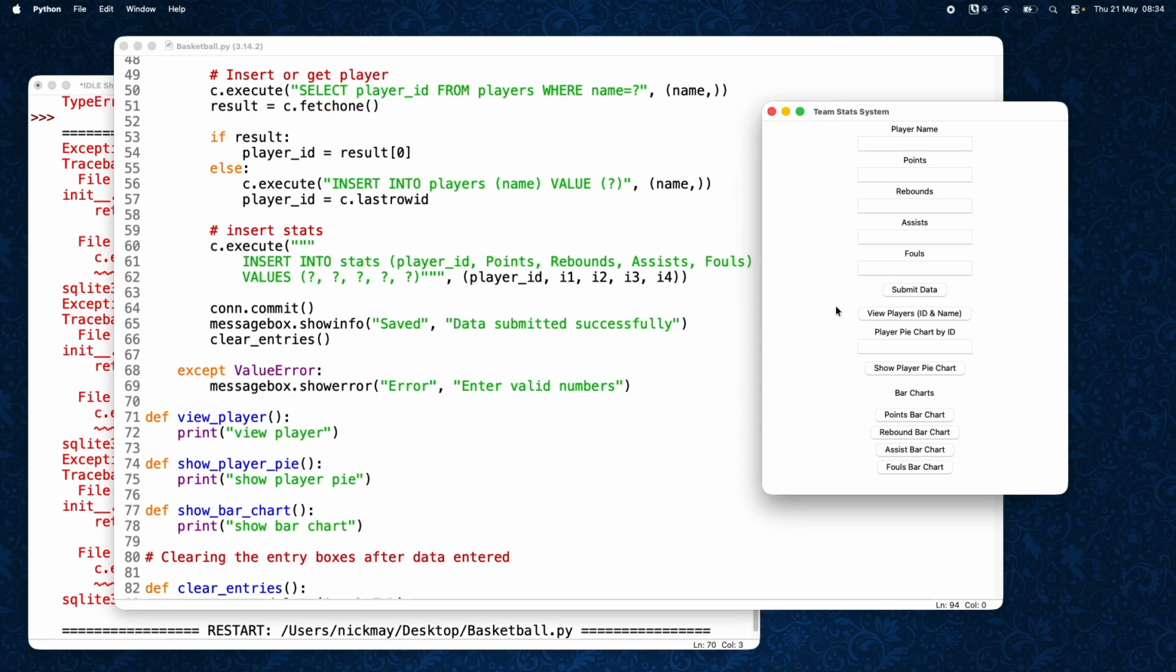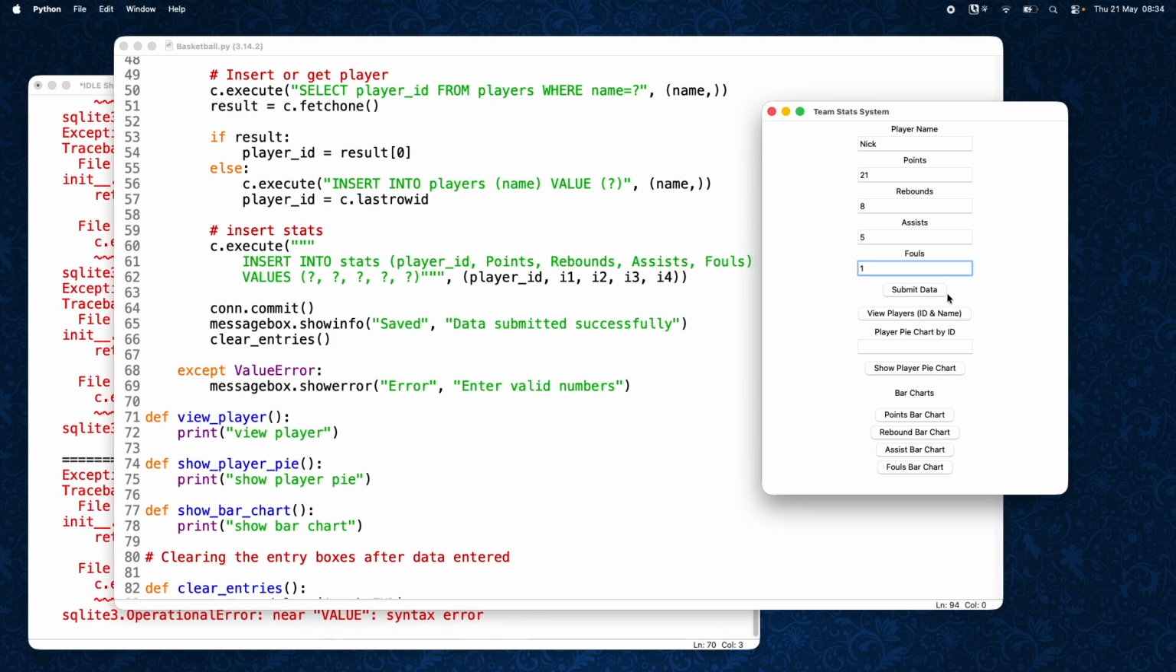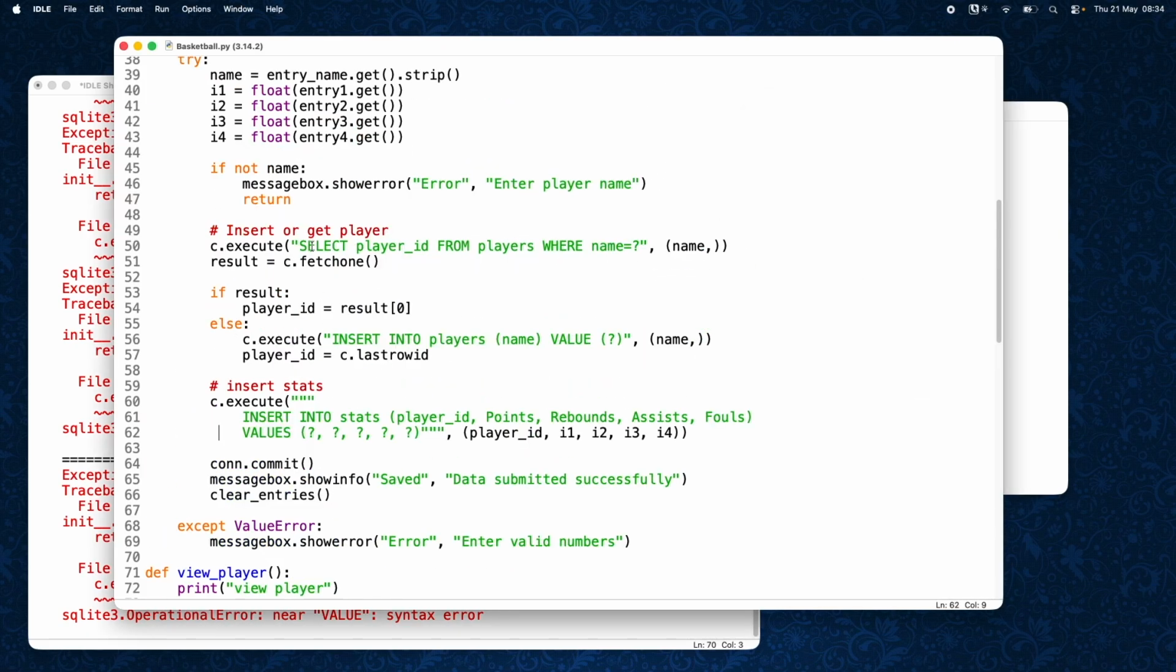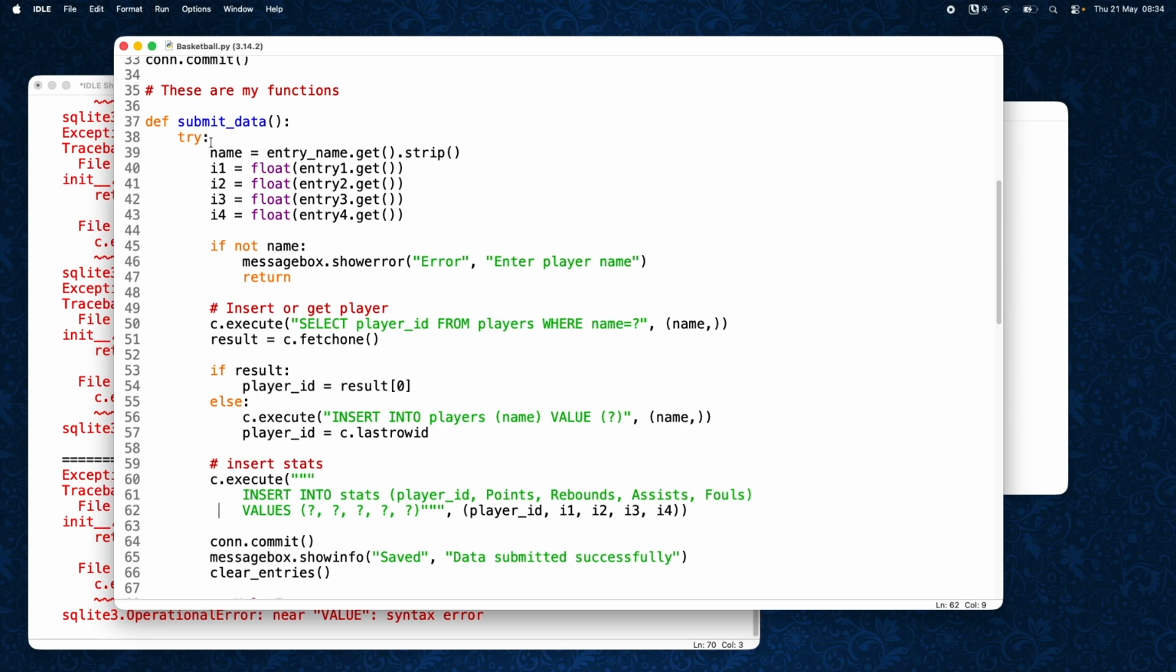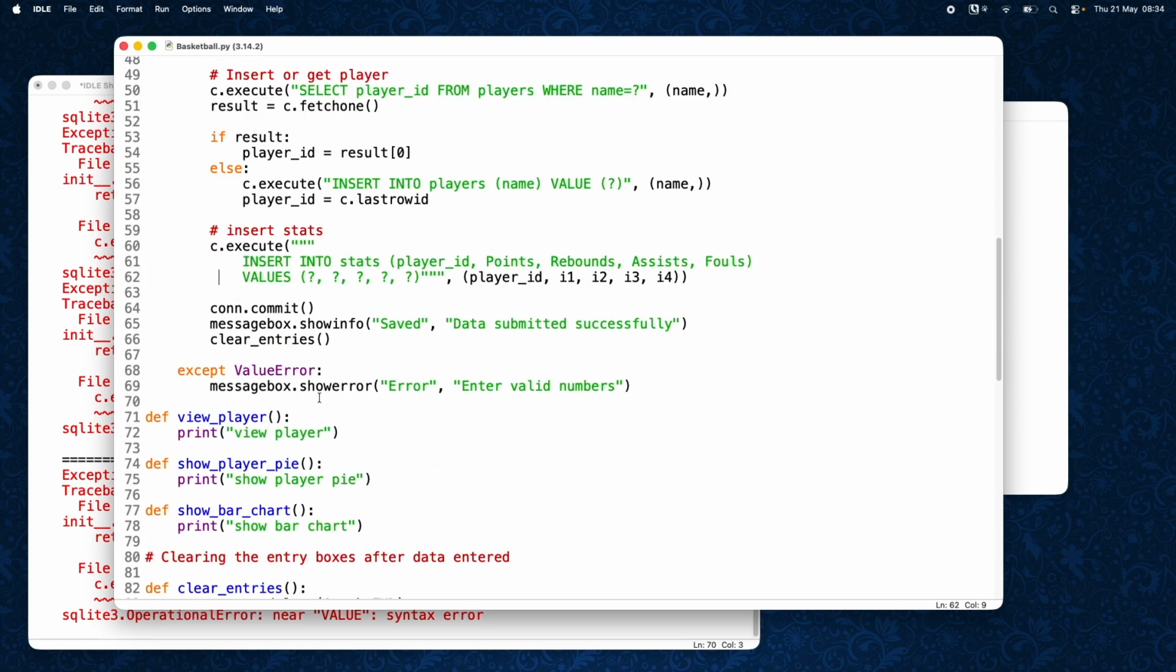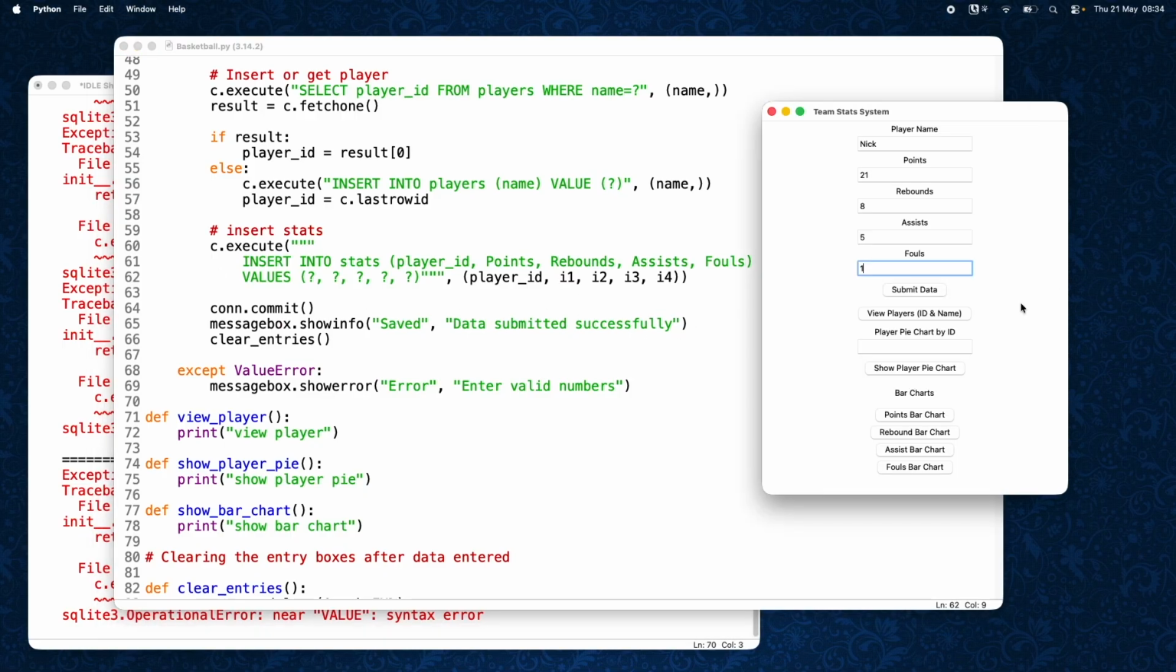Okay, so let's enter some information in here. Nick, points, 21. Rebounds, 8. Assists, 5. Fouls, 1. Submit. Now, that didn't work because that data is still there and that should have cleared the data. And if we look at our program here, it's saying try this, and if all of that worked, we should have got a message that says saved data successfully, submitted successfully, and it should have cleared the entry boxes, but